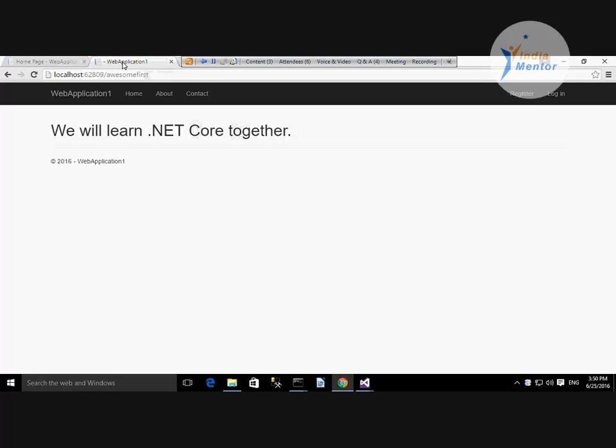The concept of your controllers and views is pretty much the same. A lot of work has been done at the .NET Core level, your assemblies, your division of different components, and they have been made available to you for various platforms.